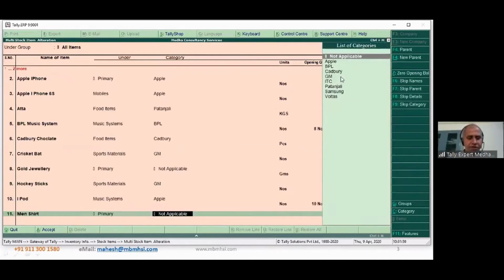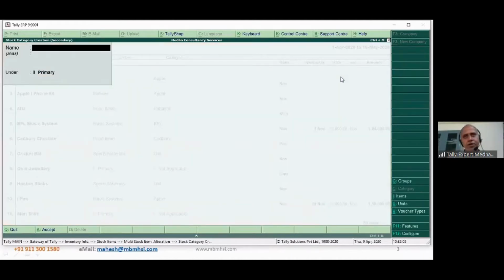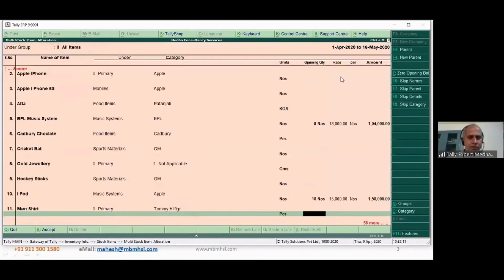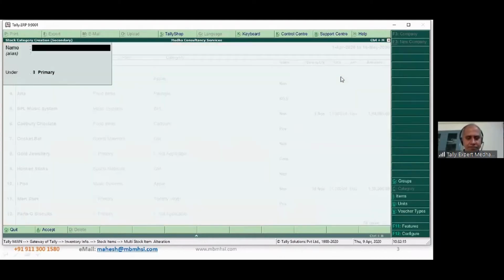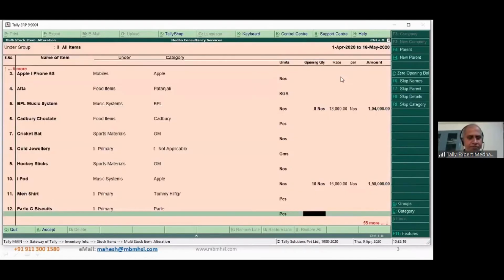Men's shirt, I could take and create one more category called Tommy Hilfiger. Parle-G biscuits under Parle products.